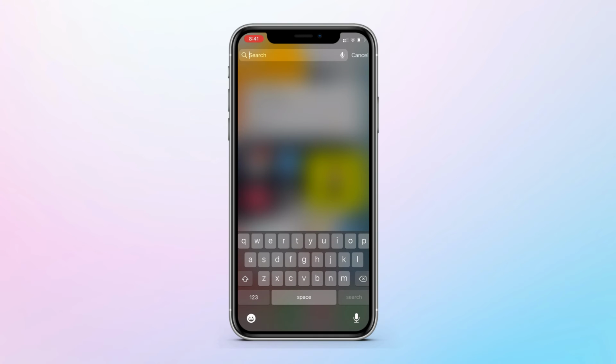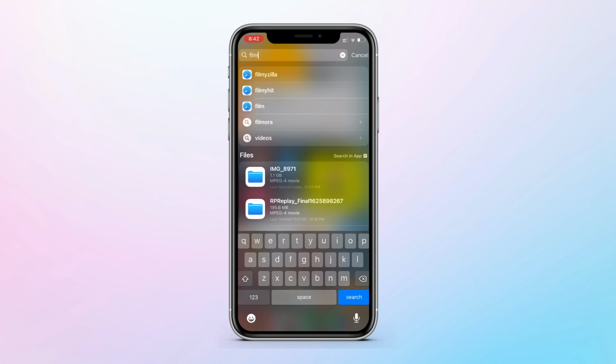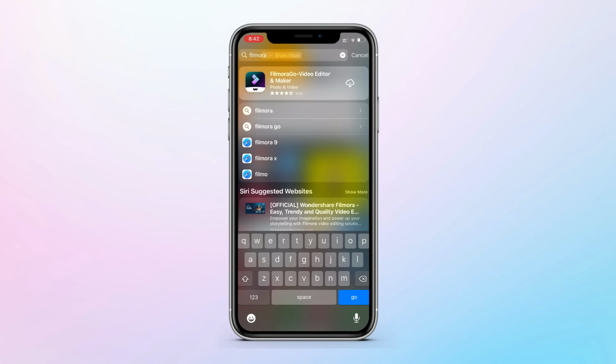Now you also have an update in Spotlight Search. Spotlight Search allows you to search applications quickly. I use it almost daily, and in iOS 15 Spotlight Search has gone to the next level. Not only can you install and delete applications straight from Spotlight Search, you can also download from here.